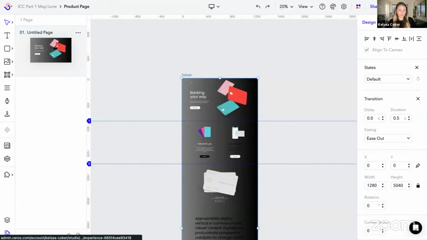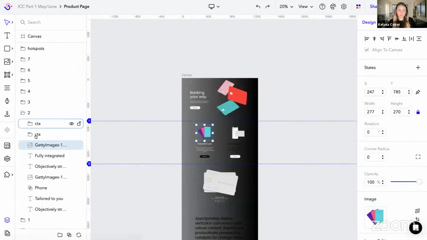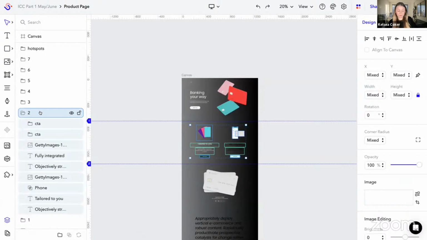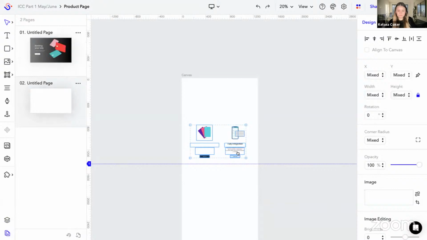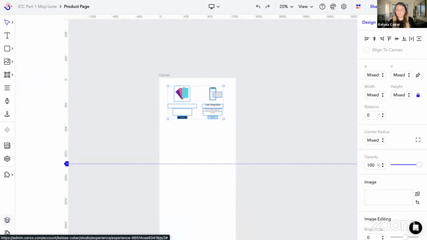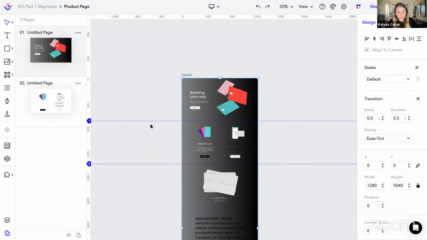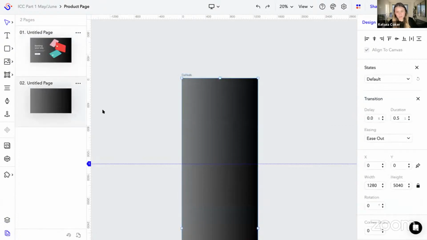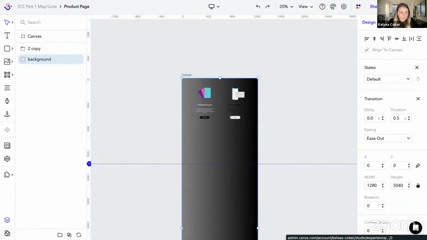I'm going to add another page. Perfect. I'll just copy my section 2 here. I'm grabbing that whole folder just in case I leave anything behind. And we'll bring it up here. Cool. Good enough. And then I'm actually just going to copy that whole shape and bring it here. That way all the object states are there, everything's good. But what I'm going to do,